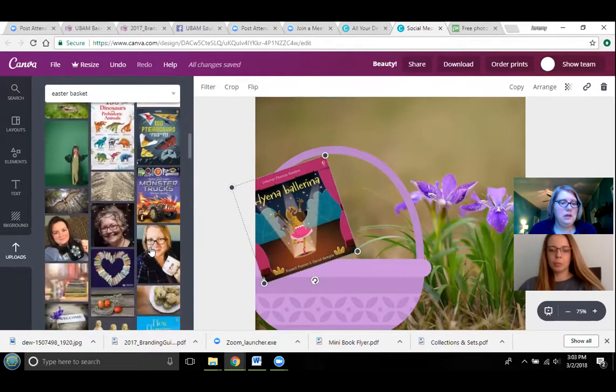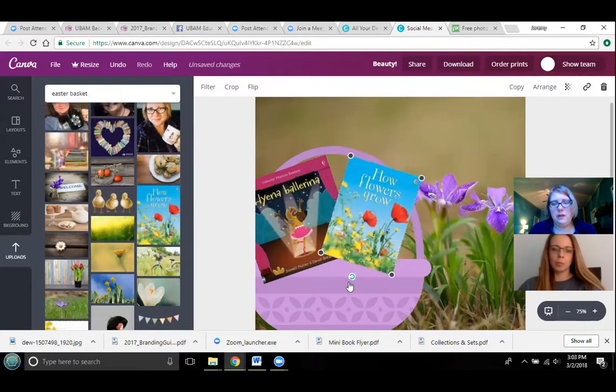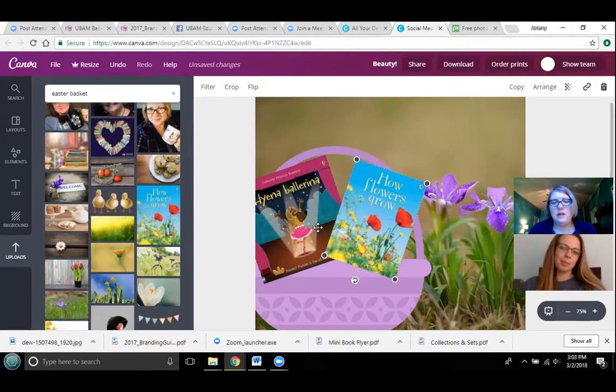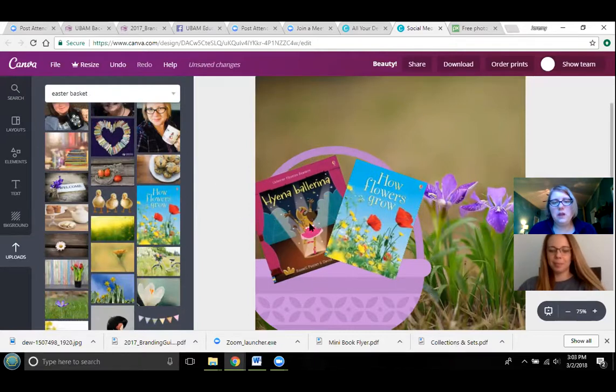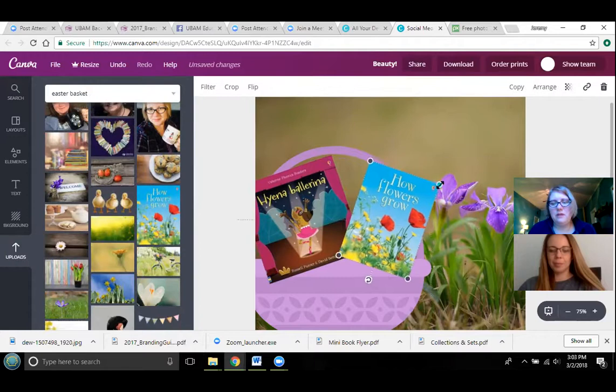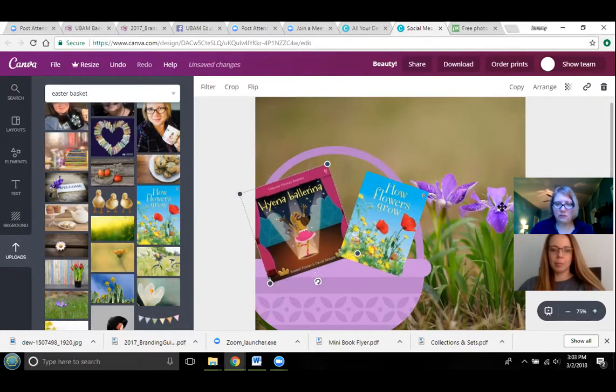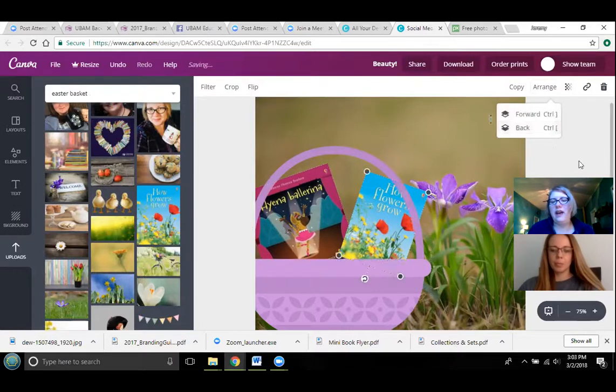So I'm going to put that, I mean, we're just playing with it, so we're putting whatever we want. So this is a little phonics book and a little beginner's book. And I'm going to make them just a little bit smaller to make them look like they fit in the basket. But here they are right now. They're just on top of the basket. So what I'm going to do is I'm going to arrange them, and we're going to go back. And so now they are